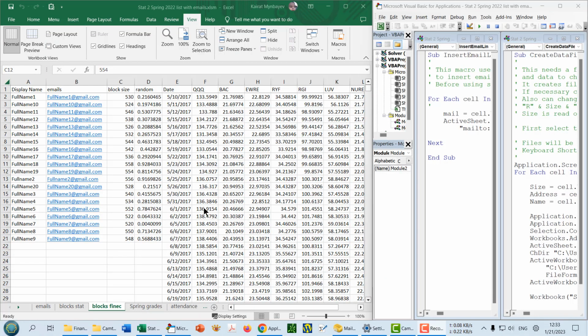In this second video, I want to show how I create files to be sent to students. Okay, for this I have here another macro. The text of this macro will be given below in the post. So